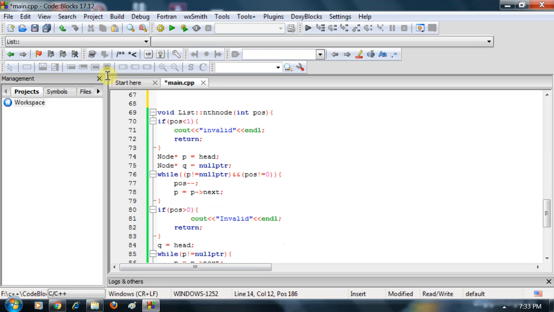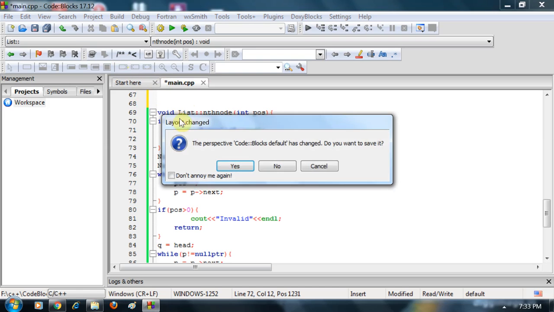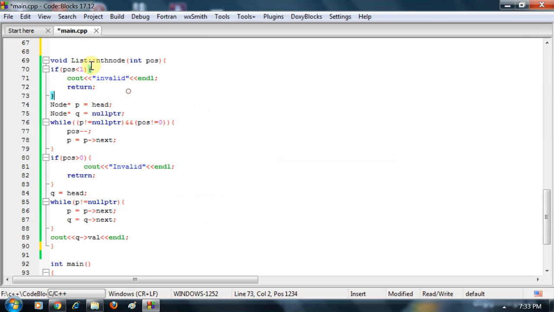This is my function nth node, where only the position is given, that is, which node we have to print from last. First I check if the position is less than 1. Then I can say this is an invalid position, so I print invalid and return. This is, I think, clear to you, right?